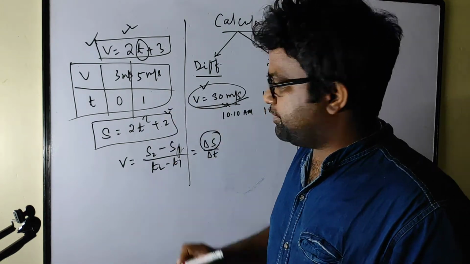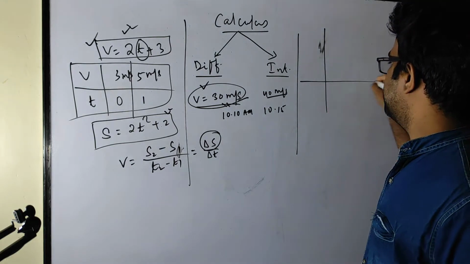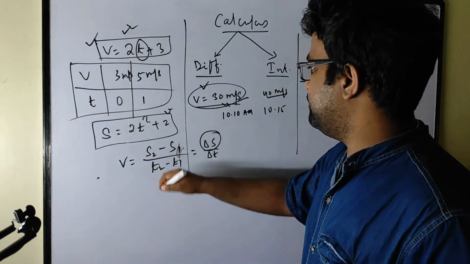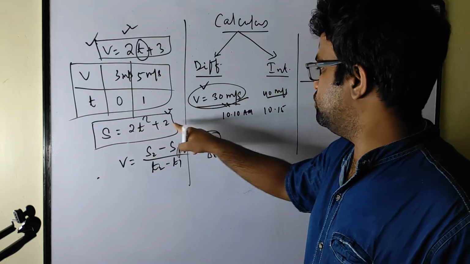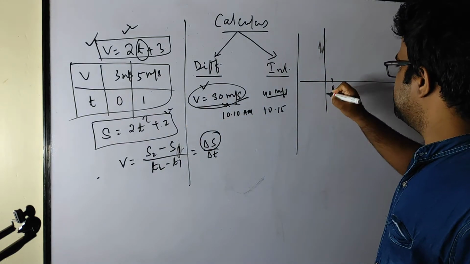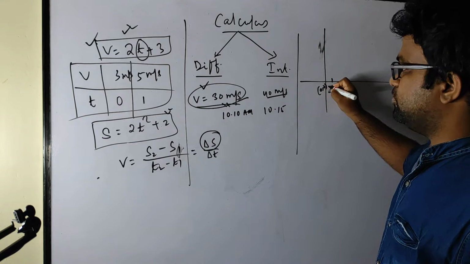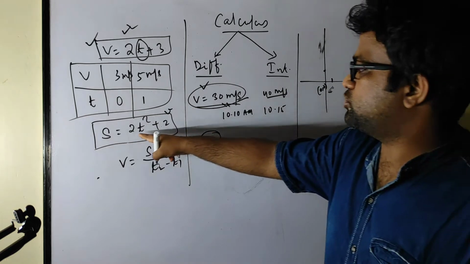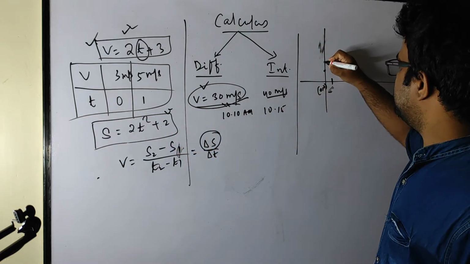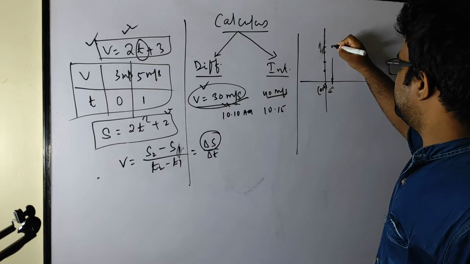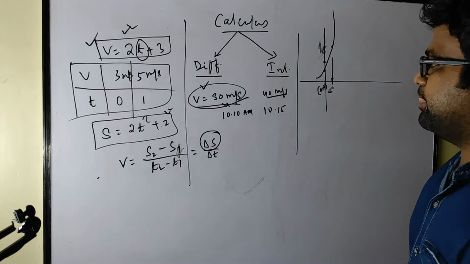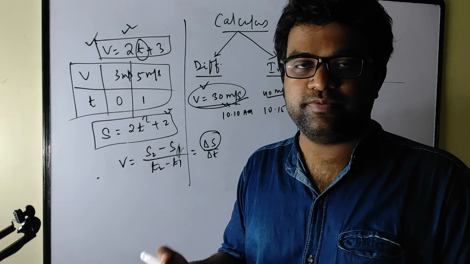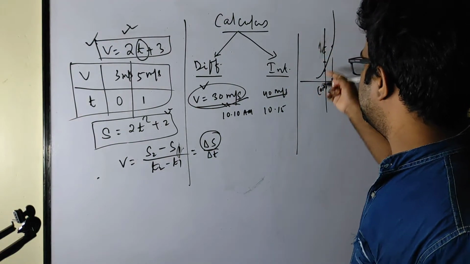Now if we draw this type of motion in a graph, suppose I draw this one in a graph, first I have to make a table. For time t equal to 0, s is 2. You can draw the graph with origin 0, 0. For time t equal to 0, s is 2, so it starts from here, and for t equal to 1, s is 4. So here is the point. Like this you will get some curve, because it's a power 2. Any polynomial having power 2 will not be a straight line, it will be a curve. The graph will be a curved one.